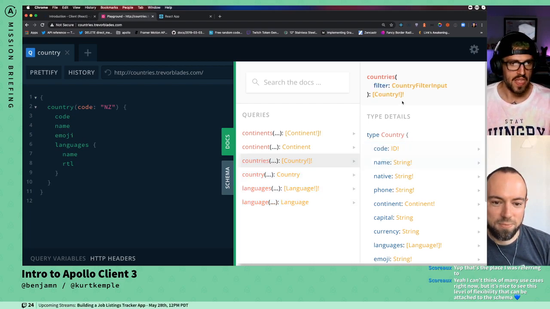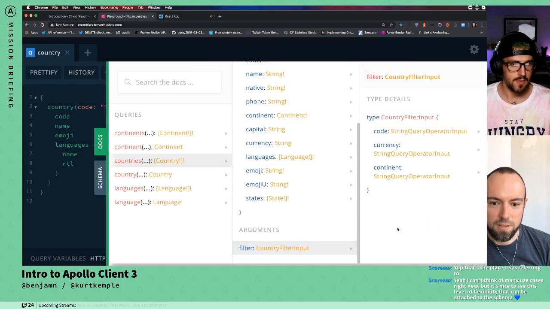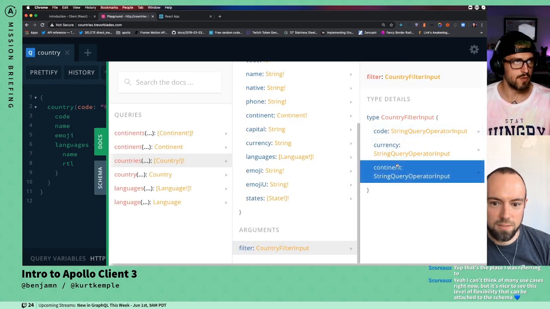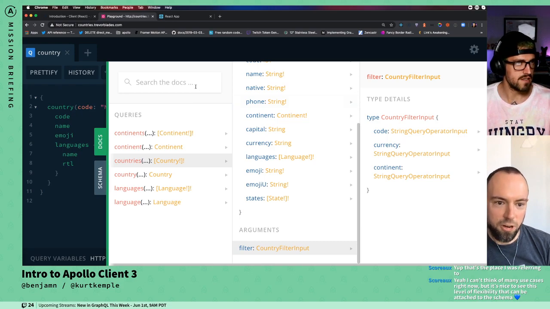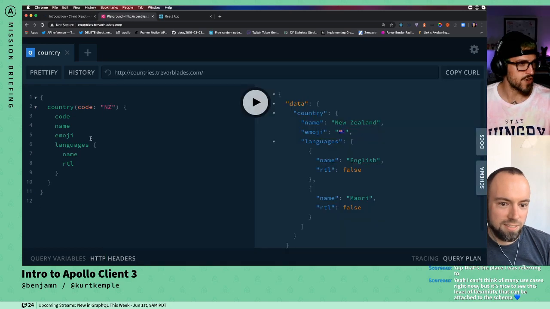We've got countries that take a country filter input. Here it is. You want to try this? Should we do that? Sure. All right, so trial and error. I guess first I'll just build something here so we can kind of